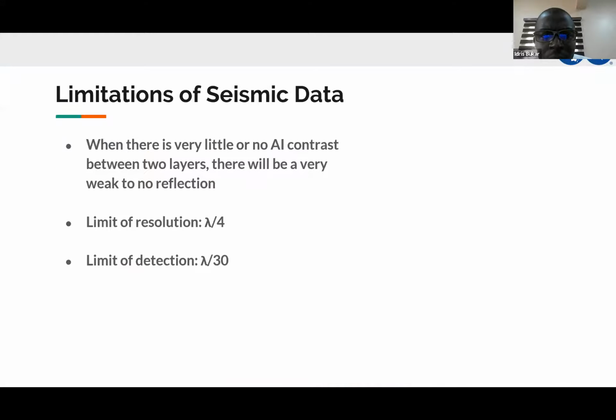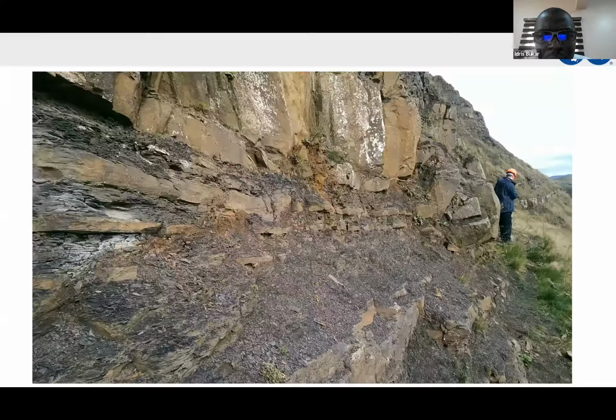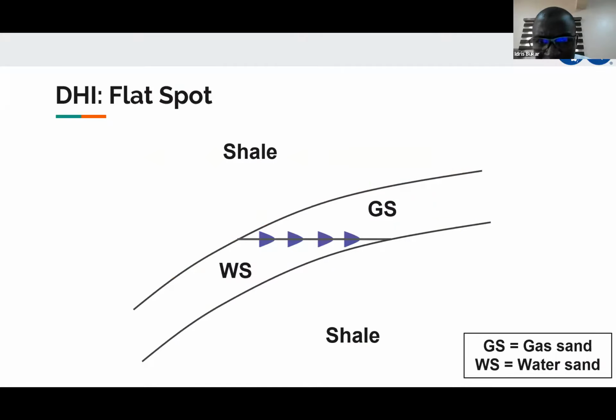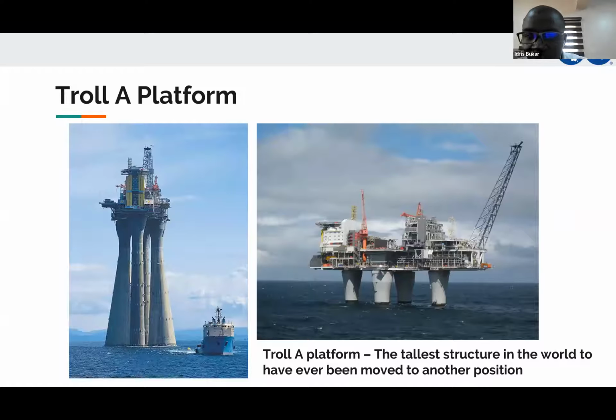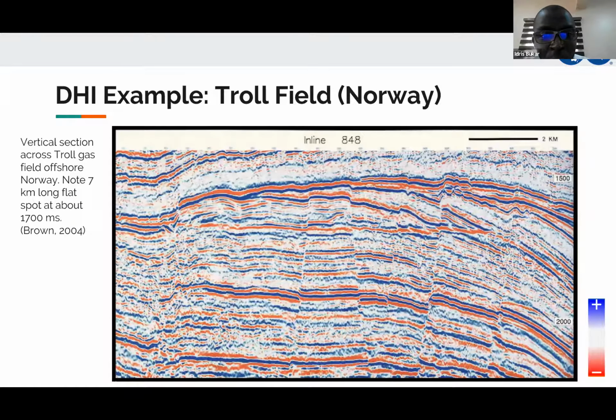So yesterday we started. We talked about the first direct hydrocarbon indicator example, which is this Troll field in Norway, which shows us how we can see a flat spot and a bright spot on a seismic section as a way of identifying the flat spot being the fluid contact and the bright spot being the top of the reservoir, where we go from a shale to a lower AI sandstone, gas-bearing sandstone in this particular case.